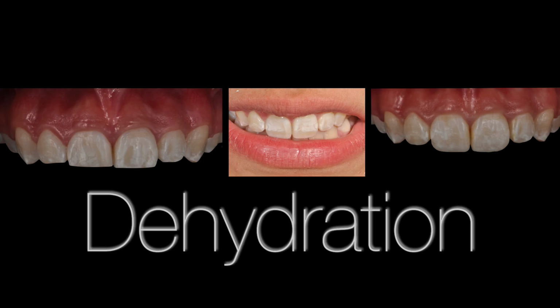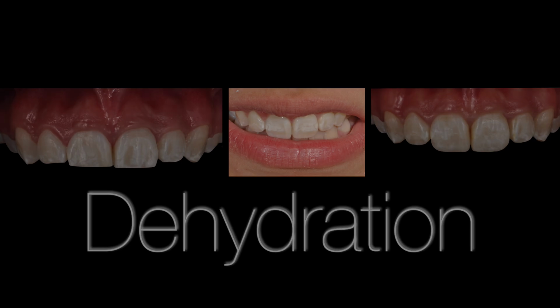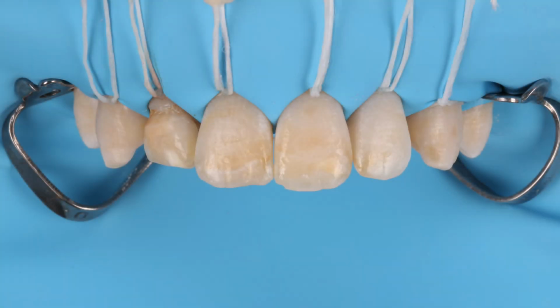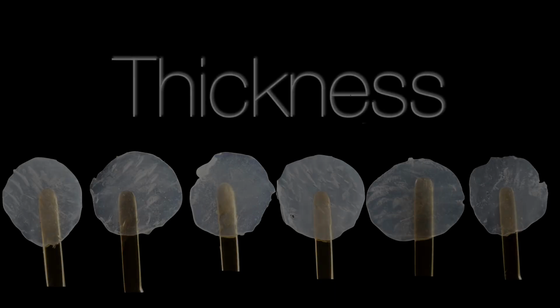We have to be super careful to select the color before the dehydration of the patient. Some patients have a surface that gets dehydrated really fast, and it gets whiter. So we have to take the color before taking the pictures, before doing the isolation, before anything. We have to take the color because the dehydration might change the appreciation of it. We shouldn't take the color under a complete isolation because of the dehydration.